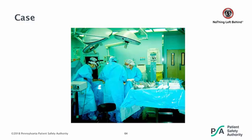And the woman was seen in the office on Friday, and she had a little drainage coming from her axillary incision. And the surgeon opened the incision and pulled out a Raytec sponge. And on Monday, everybody was brought together for the RCA, which was done with all hands on deck at this particular hospital. And everybody was asked, what happened? Where were you? Did you use this practice? Because we were introducing the sponge accounting system. And we couldn't get much when we had everybody together, so we just broke up that RCA